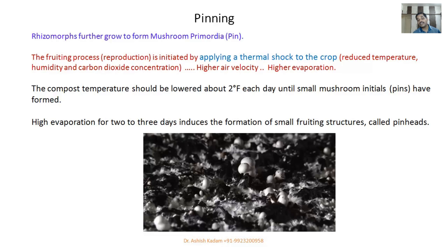We will see that in the next video, but you remember that you can only control the temperature, humidity, carbon dioxide and air velocity through an industrial air handling unit, which works on the circulation of chilled water and